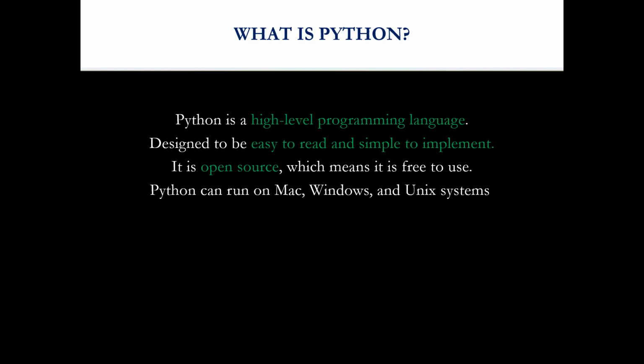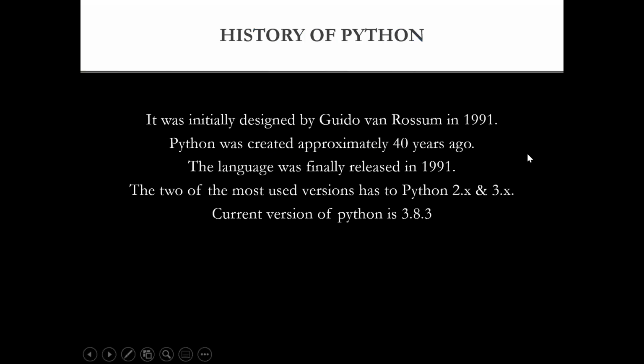That was about that. But how did it get started in the first place? What was the motive behind starting this language? It would be a little interesting to know about the history of Python. The development of Python started out as a hobby for its creator Guido van Rossum in the year 1991. He wanted to prepare a language that was both beautiful to look at and easy to learn. That was his sole purpose. He just wanted a language whose syntax would be easy to read and write.